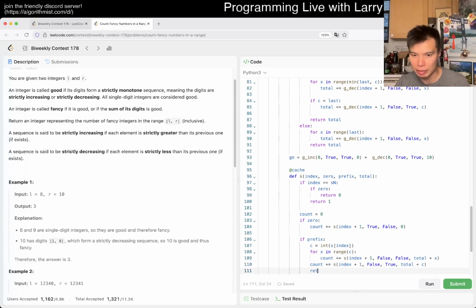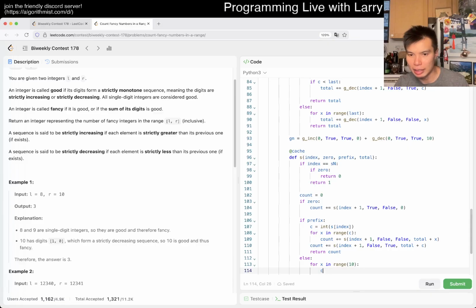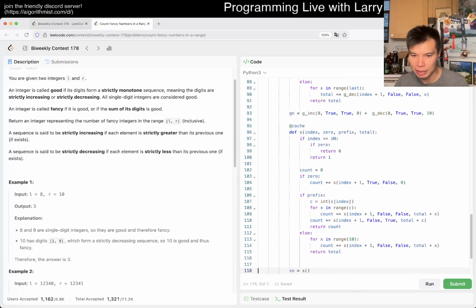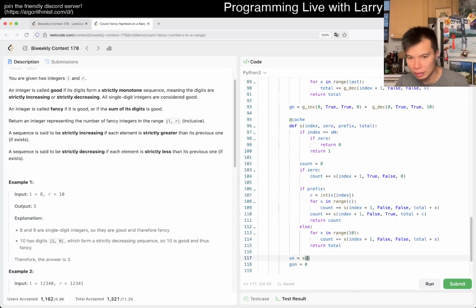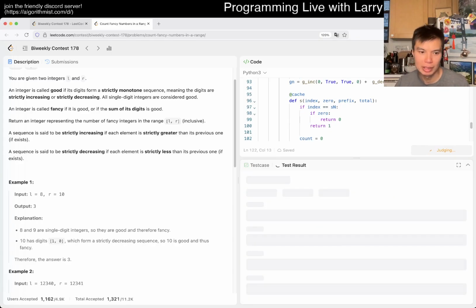We return count. Otherwise, for x in range of 10 from 0 to 9, count, we just go s of index plus 1, false, total plus x, and then we return total, right? So that's s of n. So s of 0, true, prefix is true, and total is 0, right? Okay, let's run it real quick. Hopefully,